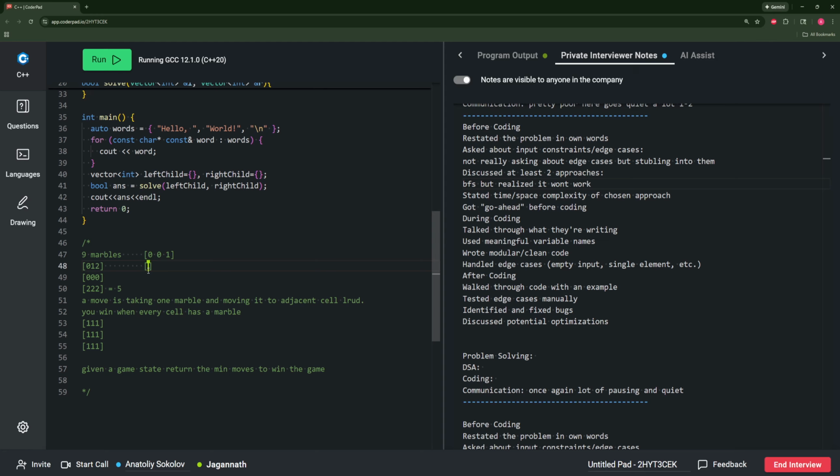And 1, 0, 3, 0, 0, 4. So this is one case. In that case, if I have all the zero mappings in a map, for 3, these 4, 3, 7, 8, 9,